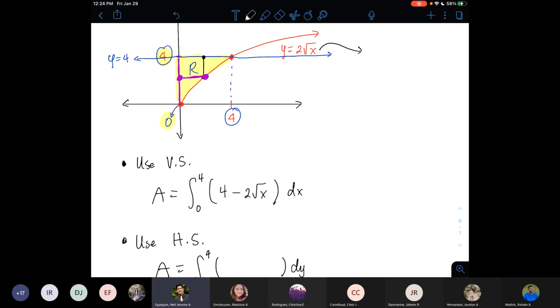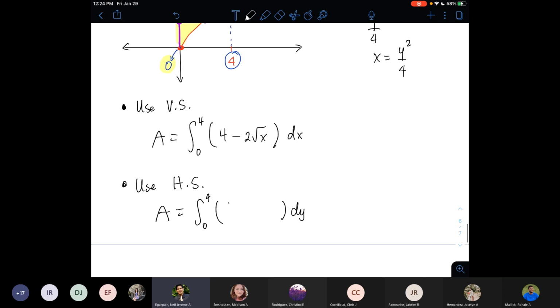In order to do so, I need to square both sides. I'll have y squared equals 4x, right? And then divide both sides by 4. I'll have this, or equivalently x equals y squared over 4. So in terms of y, the red function is x equals y squared over 4. And that's the right function, so that would be the minuend here,